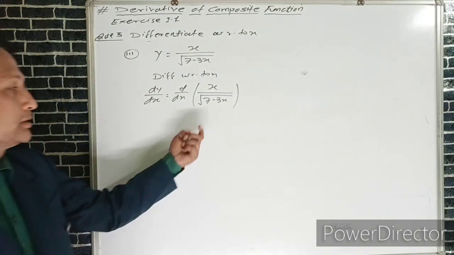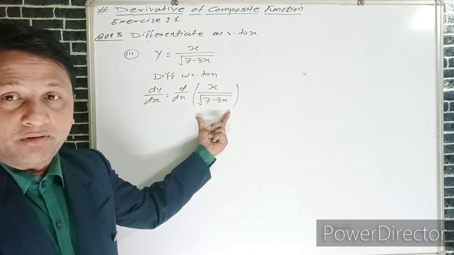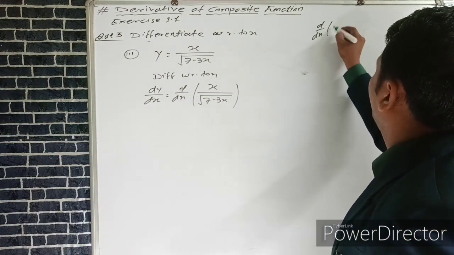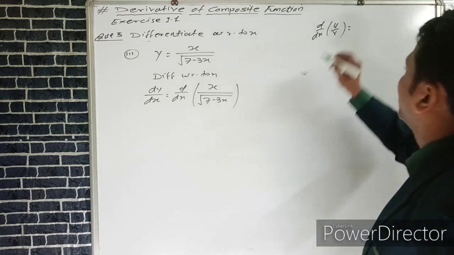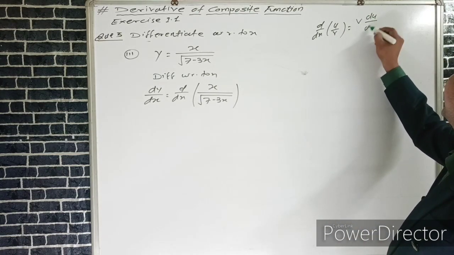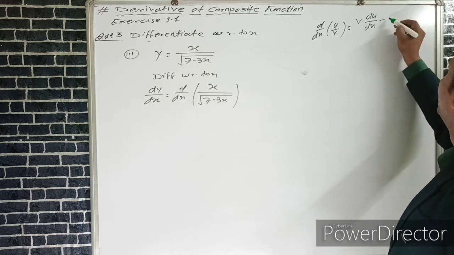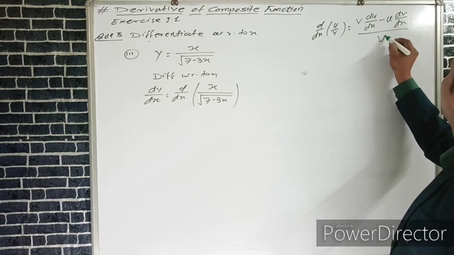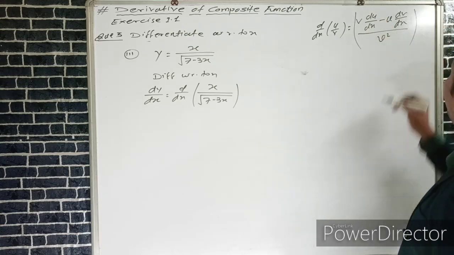The given function is in the form of u upon v, and we know that the derivative of u upon v is denominator v into du by dx minus numerator u into dv upon dx, upon square of denominator,